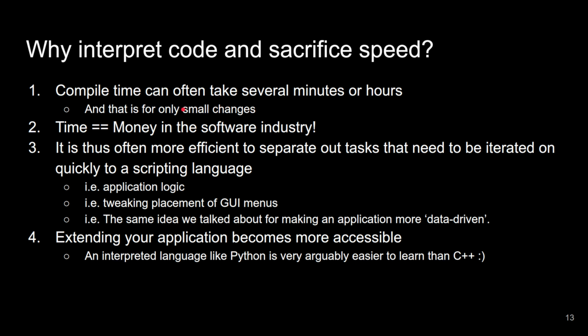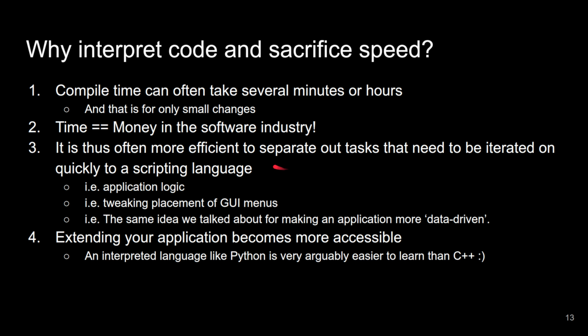Well, again, the trade-off is that when you start working on projects at scale, it can take several minutes or even hours to compile projects. If you imagine trying to fix tiny bugs, for instance, just small changes, and having to wait an hour to see that particular change, that can be very frustrating, right? And time is money in the software industry. Plus, it's just not that fun to constantly be waiting to recompile your code.